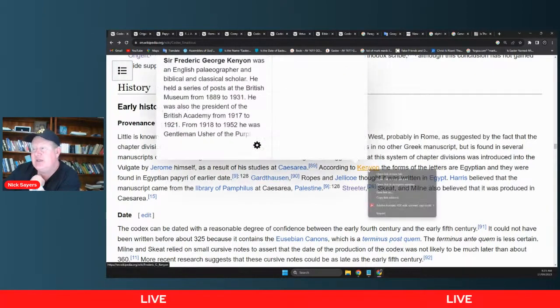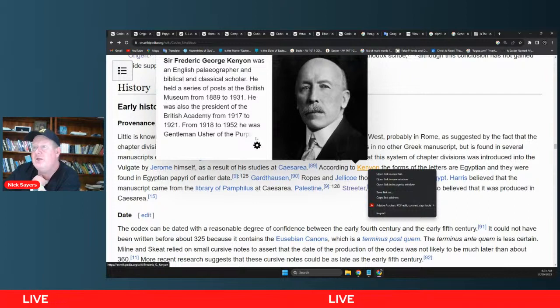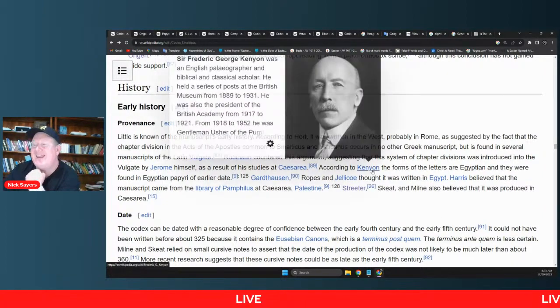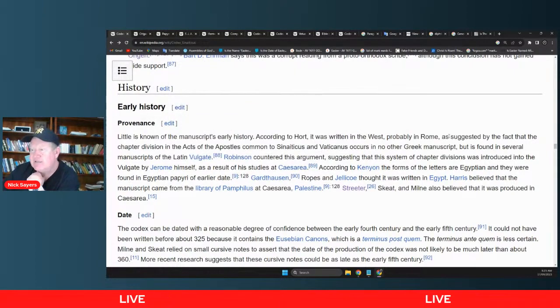According to Kenyon, so Kenyon's quite an important person to know about. Sir Frederick George Kenyon was an English paleographer and biblical and classical scholar. And so oftentimes you'll see him cited as Kenyon said this, Kenyon said that. Now, a lot of what Kenyon said backs up the critical text, but he also said a lot of things that actually come against a lot of modern critical text concepts. And so according to Kenyon, the forms of the letters are Egyptian,